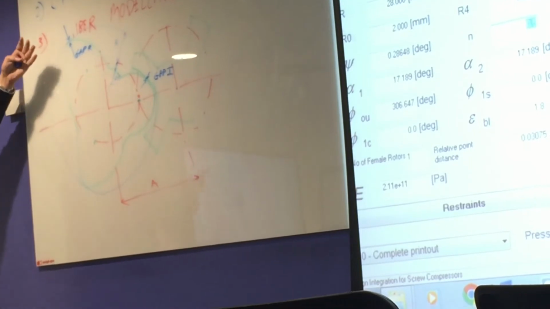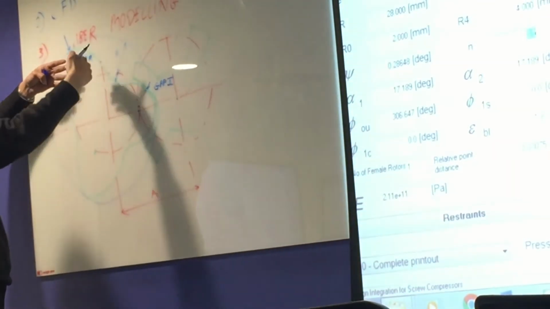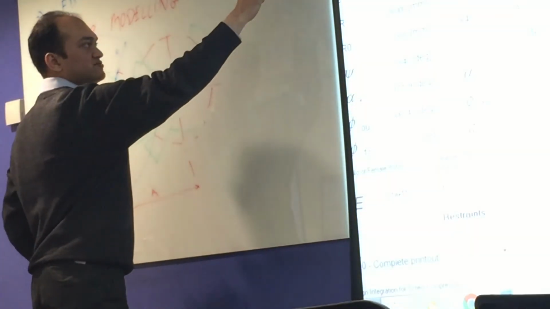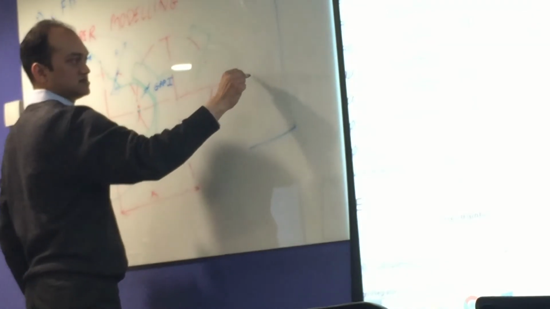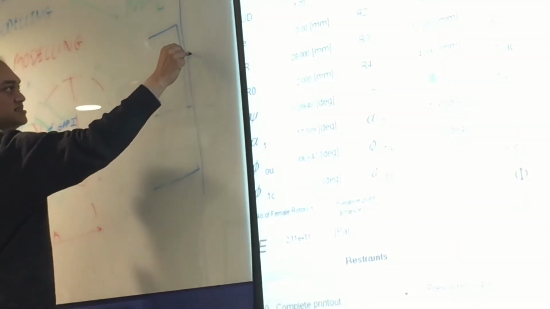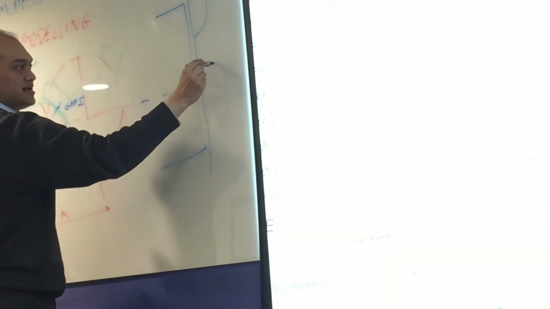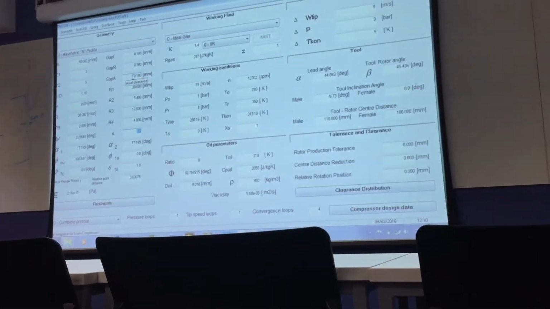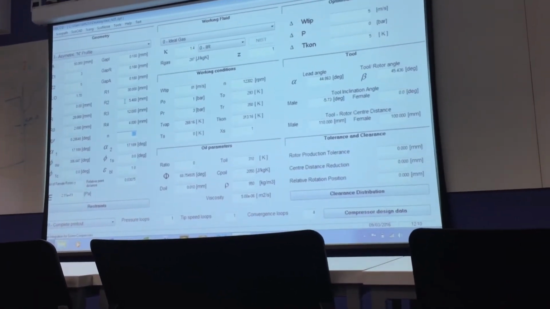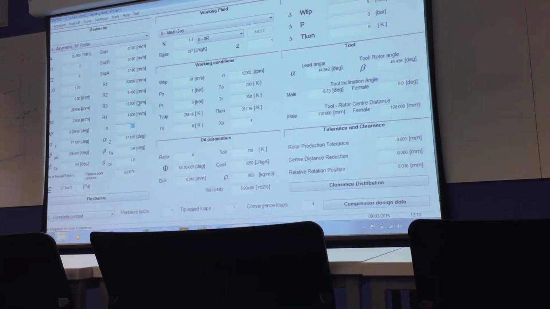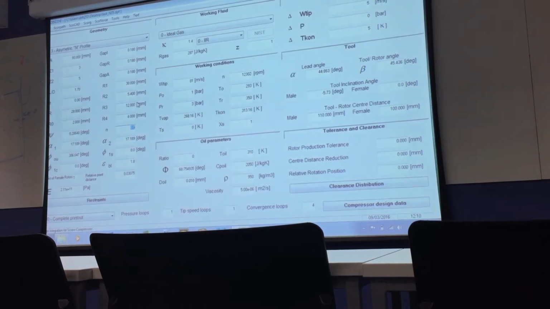And gap A is between the end face, this whole cross section, and the discharge plate at the high pressure side. So if I take a side view, then the rotors will be like this with its axis, and there will be an end plate discharging out from here. So this is the gap A. R1, R2, R3 and R4, these are quite difficult to understand. You have to look at the definition of the profile to know what it means. Okay?